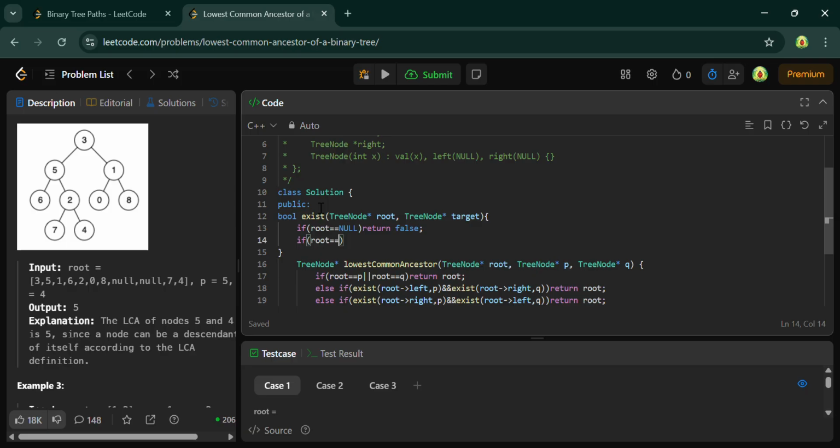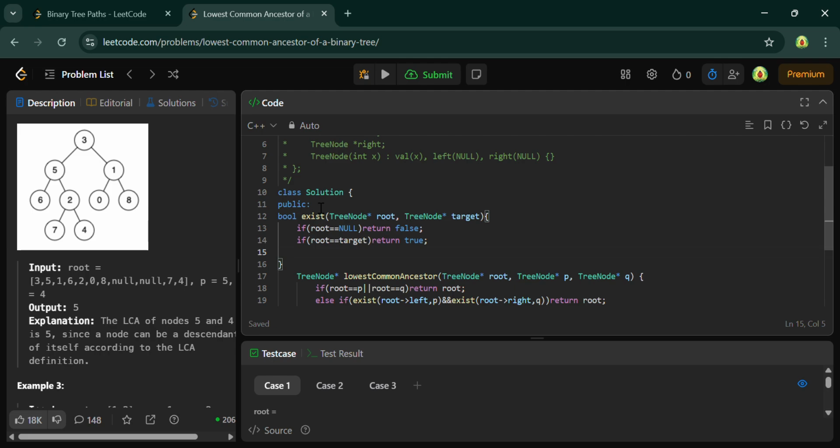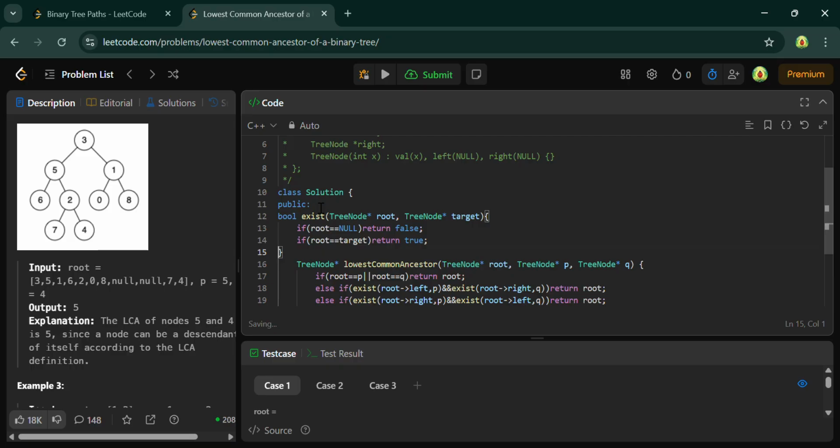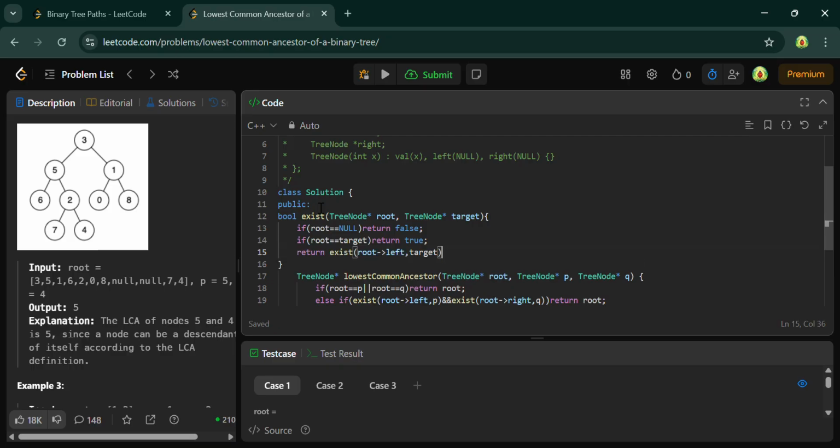If root equals target, then you just have to return true. Okay, and after that you just have to return exist of root's left comma target, and exist of root's right comma target.